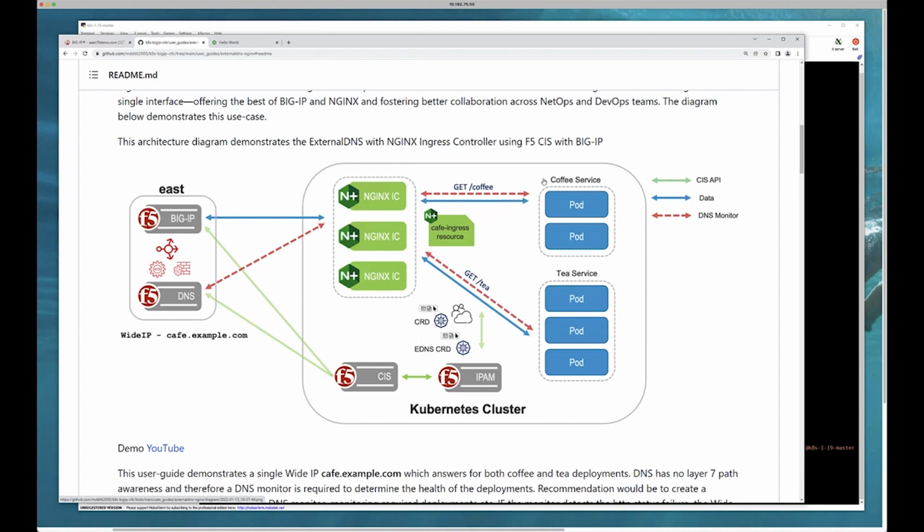So CIS doesn't really know much about this because CIS is not load balancing traffic to your Coffee service and your Tea service. BIG-IP is really just load balancing traffic to the NGINX Ingress Controller, and CIS is really just creating that plumbing. So think of this as BIG-IP to NGINX, kick to the pod, right? What is important here is that when we create a wide IP for cafe.example.com, DNS doesn't know anything about a